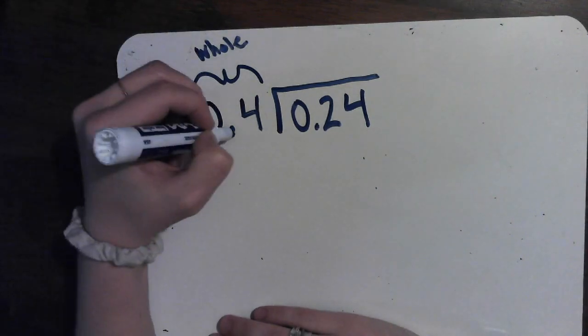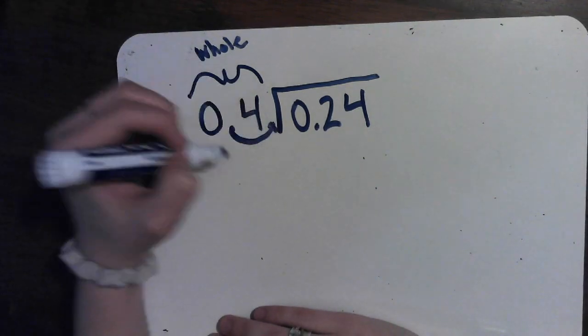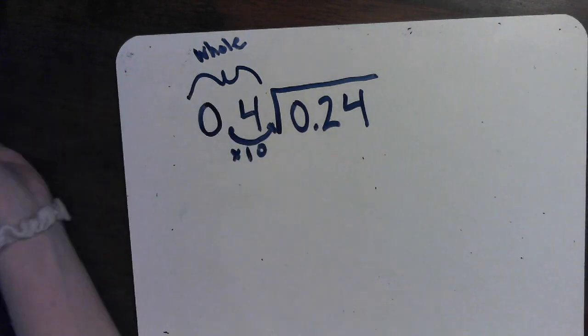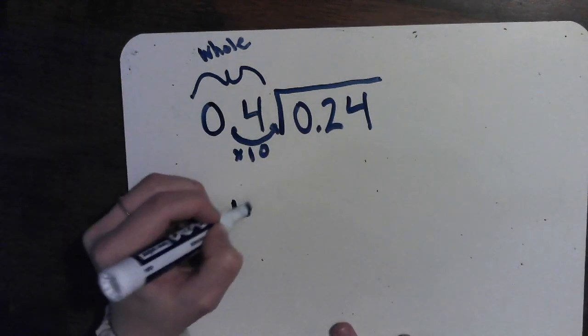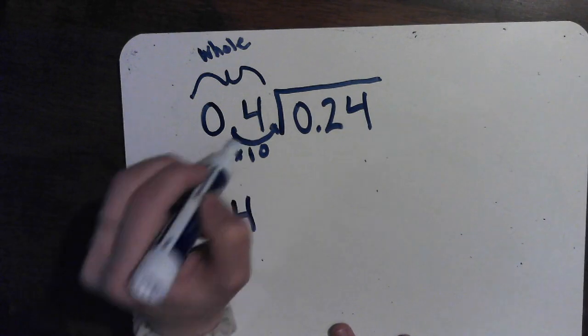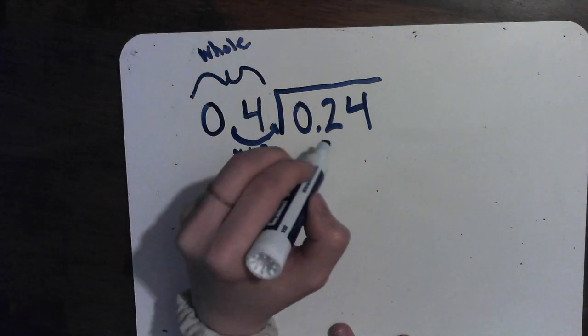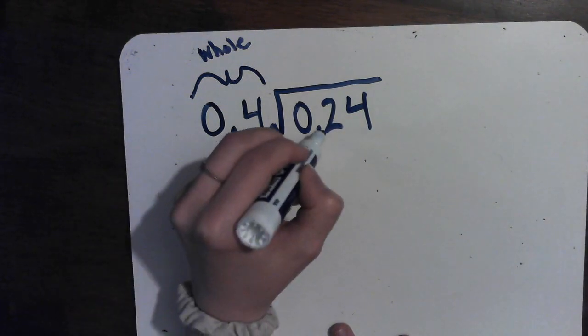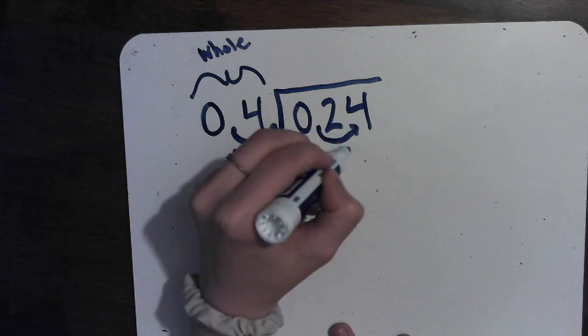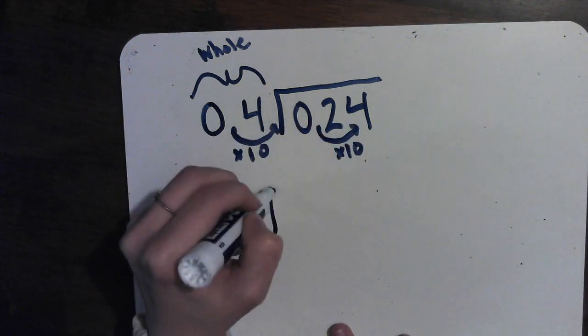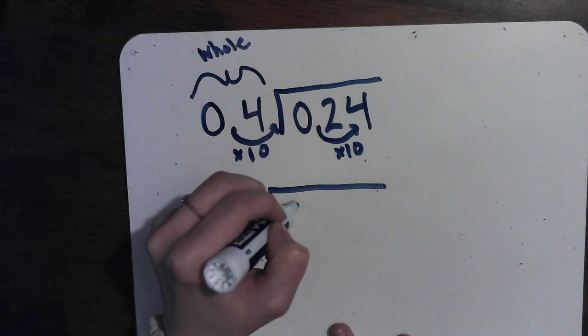Okay? So in order to do that, I need to make it 10 times bigger. So it's like multiplying it by 10. Then I have my whole number. Whatever you do to the divisor, you have to do to the dividend. I made this 10 times bigger. I need to make this number 10 times larger. So then I move in my decimal point, and it becomes